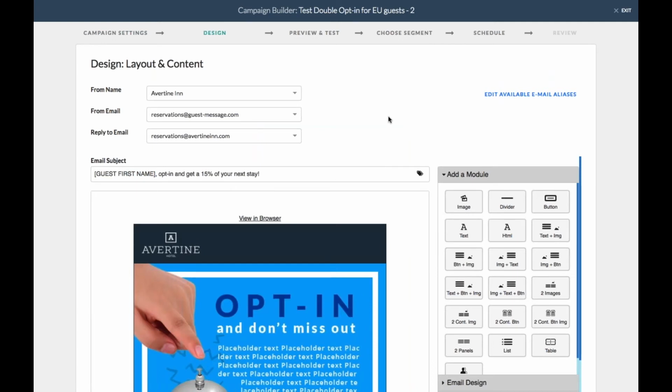So here you create the double opt-in campaign. It's exactly the same way as you would create any other campaign. All the email marketing best practices apply. So make sure your subject line is very attractive. I created something here. I'll read it to you. Daria, opt in and get 15% off your next stay. See how here I included the first name merge tag to get more attention, and I also included 15% off. So it's an incentive for guests to click on the email to open it